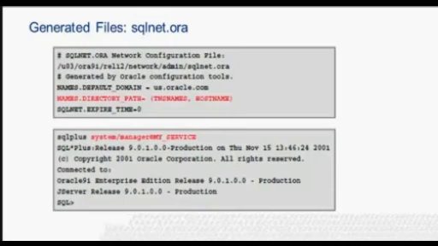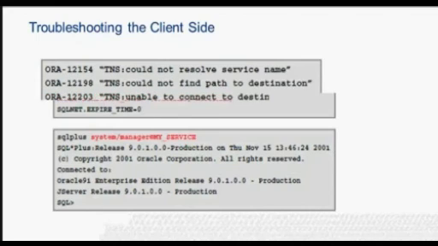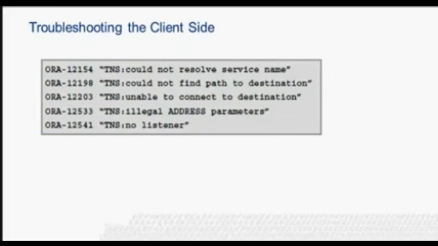The names.directory_path parameter controls how Oracle Net Services resolves net service names into connect descriptors. Multiple methods can be represented as a comma-separated list enclosed by parentheses. Net Services attempts to resolve service names using each method listed, working from left to right. Once the naming methods and service names have been configured and tested successfully, we can connect to the server from a client. The following describes common errors and how they can be resolved.